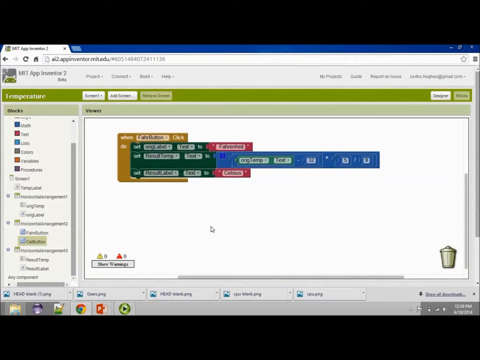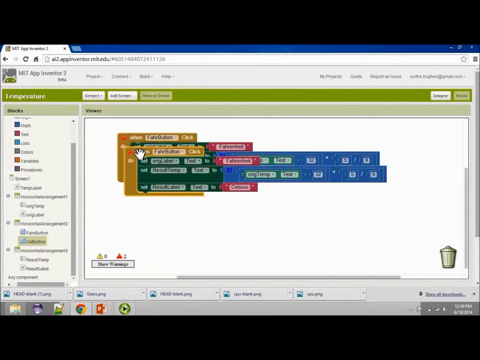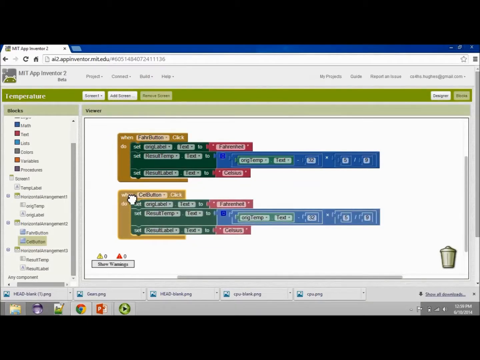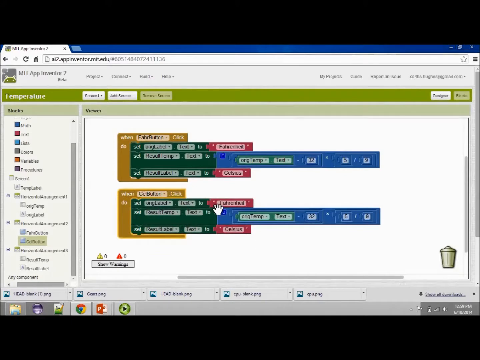Okay, the Celsius button, you know what? It does almost exactly the same thing. So let's just duplicate this block here. And again, you see it's complaining. I've got an error message going on because I've got two event handlers handling the Fahrenheit button. That's why I've got that red triangle, that red error message. So I need to make sure I change this. So now I've got when the Celsius button is pushed and when the Fahrenheit button is pushed. And what do I need to do? I need to switch these guys around, right? So when the original label is now Celsius and the result label is now Fahrenheit,